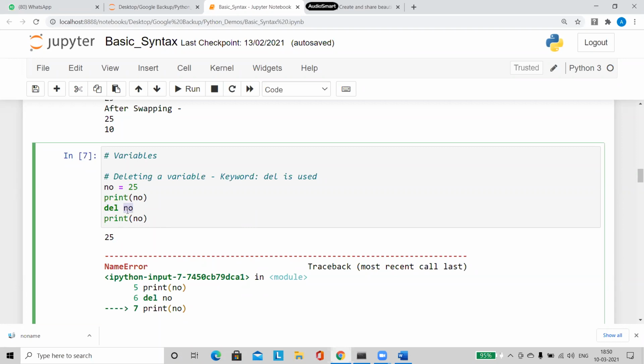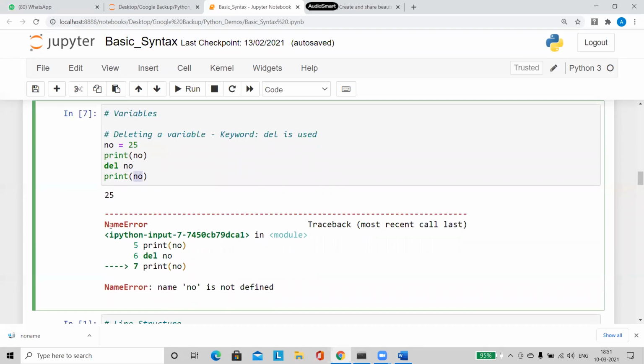So now what will happen? Whatever memory is allocated for this variable will be deleted. So now understand, when I delete the memory, what is going to happen? The value inside that memory also will be gone. So once this variable itself is not there, when I print the variable, what is going to get printed? Nothing. It doesn't know what NO is itself. So hence it is going to throw you an error. And this type of error is called a NameError. So remember, this is called a NameError.